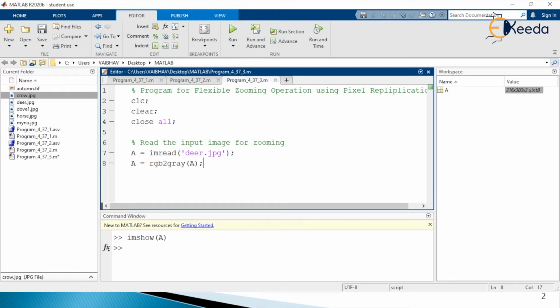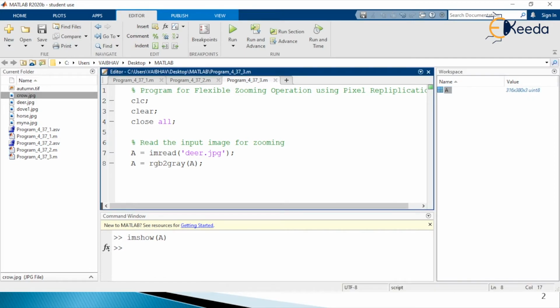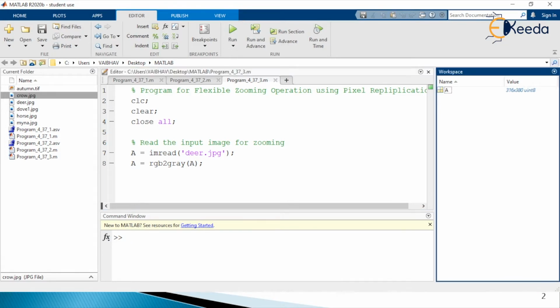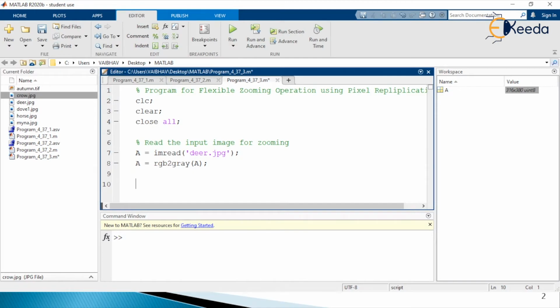Initially you see capital A holding the dimension 316 by 380 by 3 bands. As I have done this, I save the changes and run it. You see there it is a single band, that is why this is simply 316 by 380 in the same data type uint8. So after getting such type of input image read into the MATLAB environment, let us start with the zooming